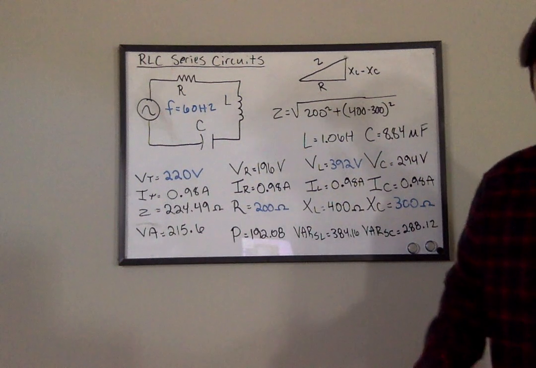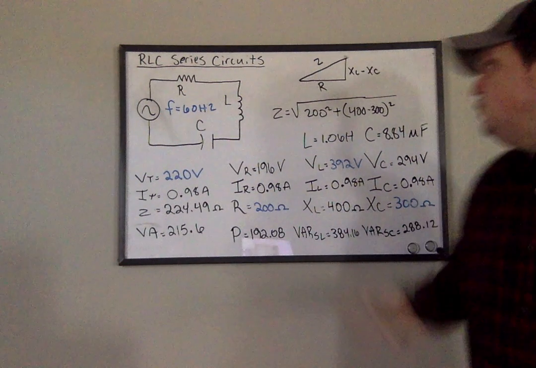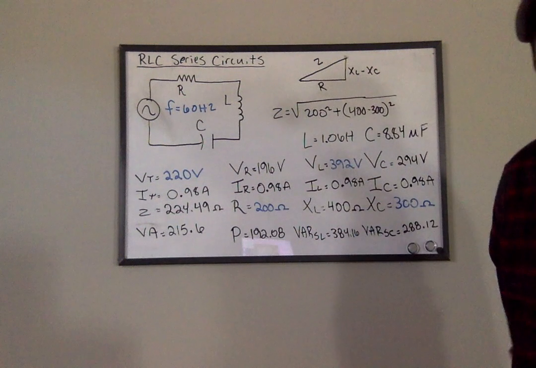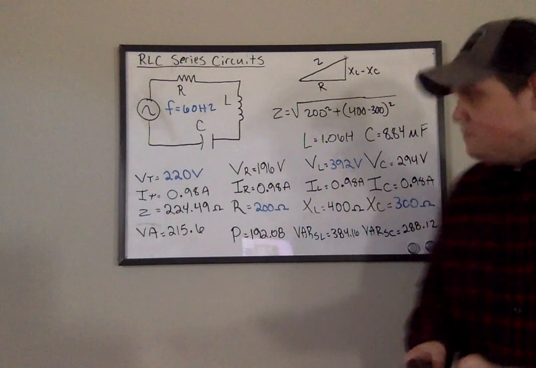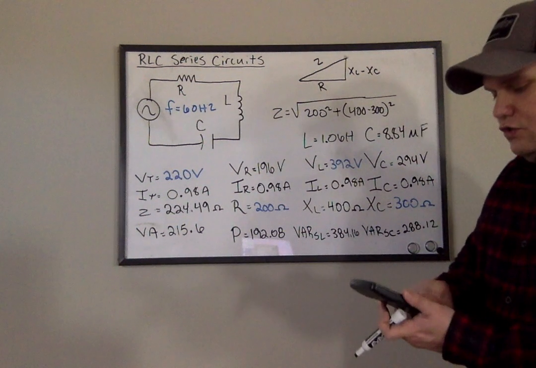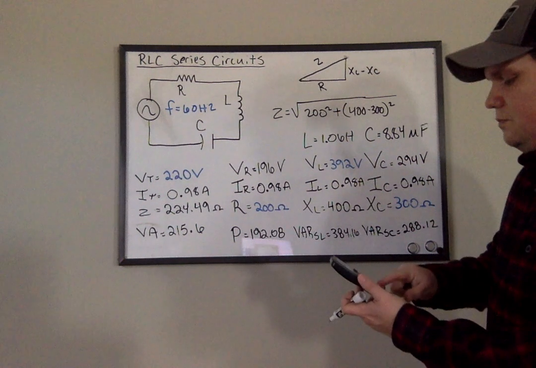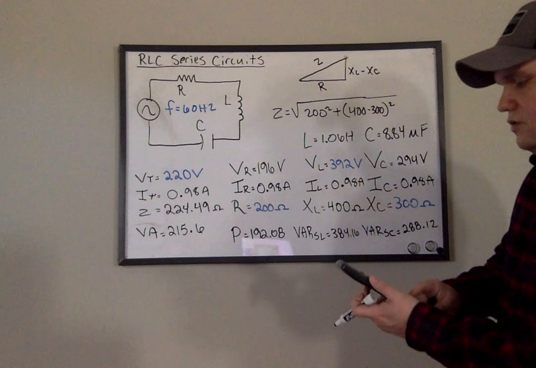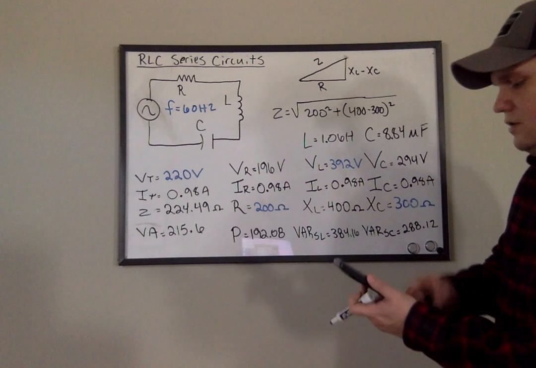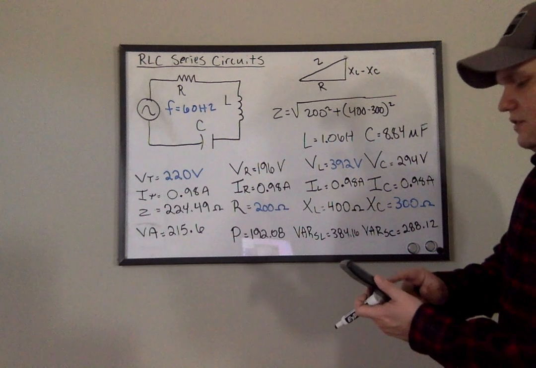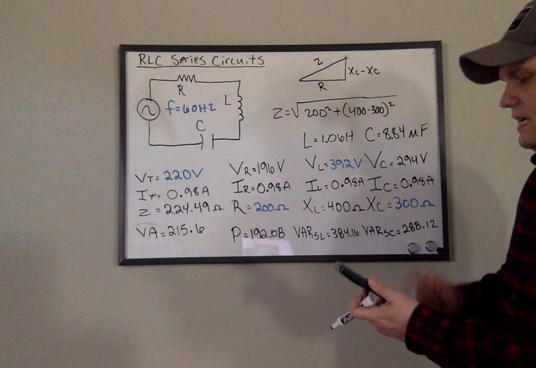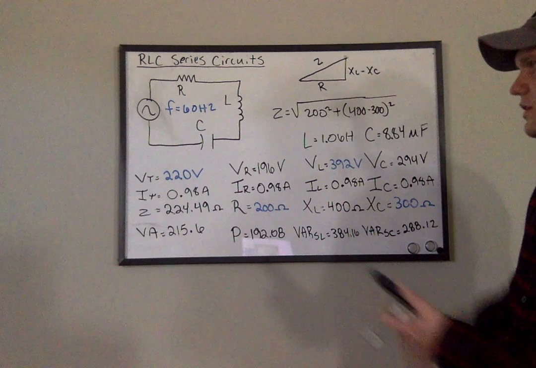But just for clarification purposes, so nobody gets confused, I'm writing the whole thing out. Okay? So I have 200 squared plus parentheses 400 minus 300 close parentheses squared, hit equals, take the square root,